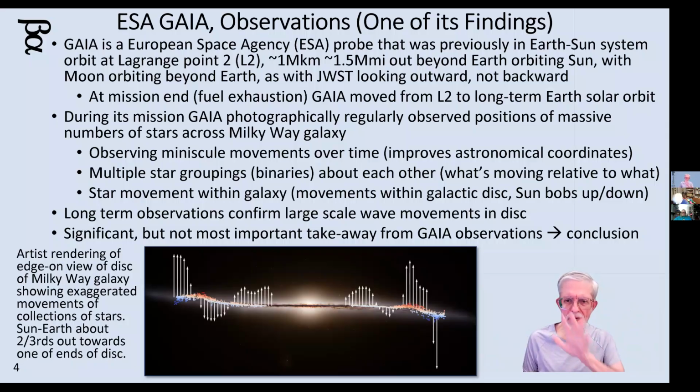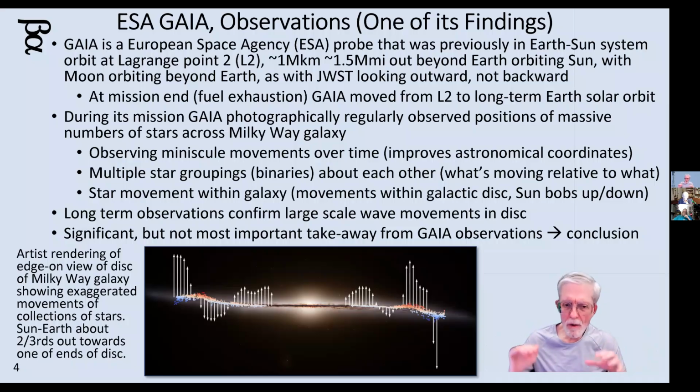What Gaia would do is periodically just take mosaic pictures of as much sky as it could take, and then it would catalog all the stars and then compare them. So if it took a picture and then came back months later and took another picture of the same area, they would triangulate all the stars and see how they moved. Very tiny fractions of an arc second movement for each image. Over the years, you could actually see the various vectors of which way stars were moving. If stars were in a binary pairing, it could actually see which star is orbiting which other star. They're moving relative to each other.